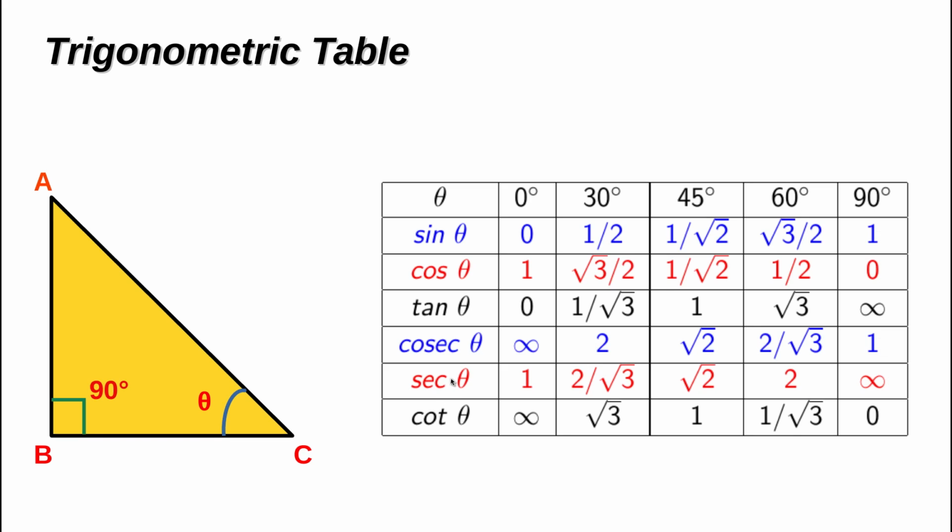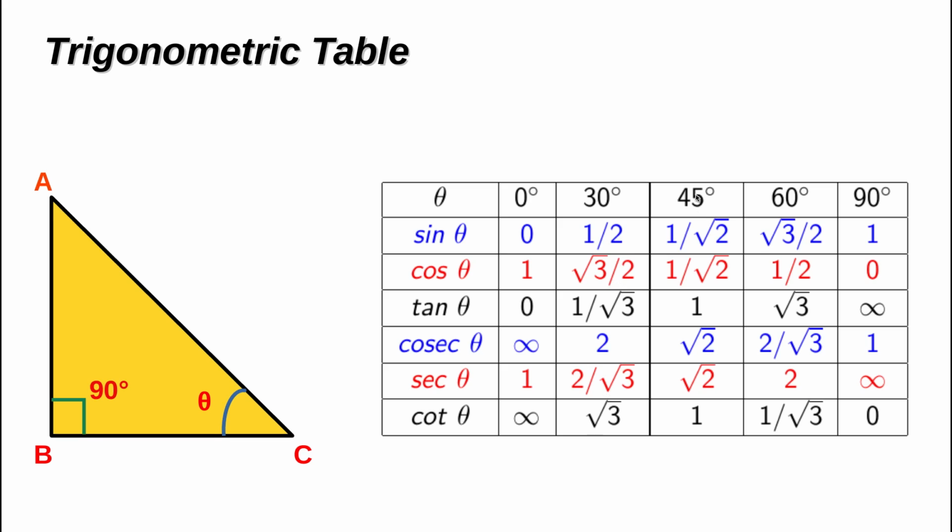Now the sec theta value. We calculate sec theta is equal to 1 by cos theta. Now here sec 0 degree value is 1 divided by 1, which is 1. Now here sec 30 degree value is 1 divided by root 3 by 2, which is 2 by root 3,